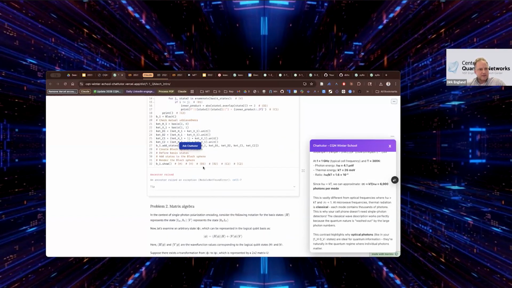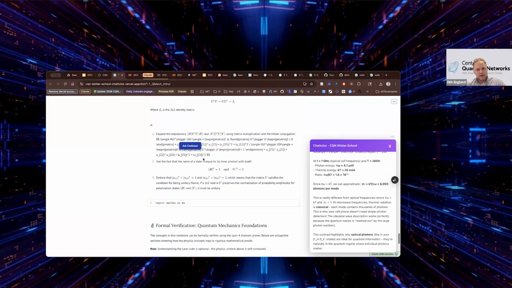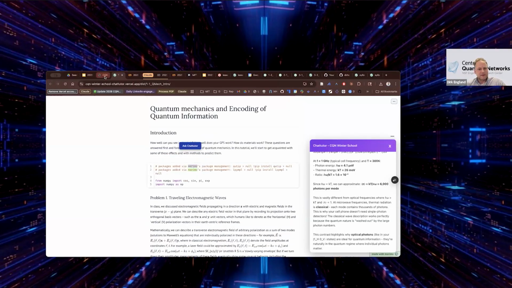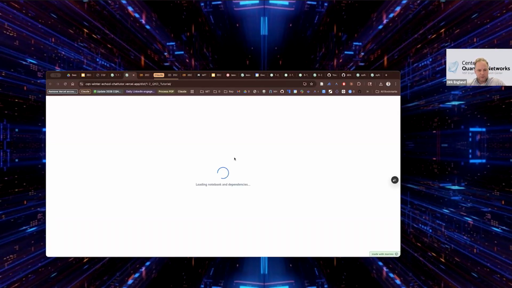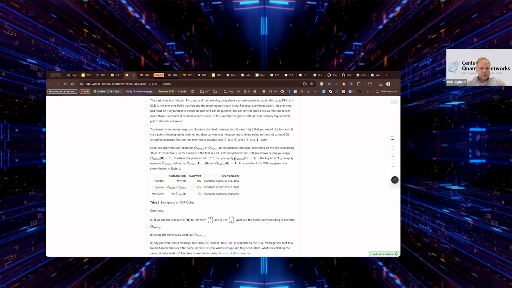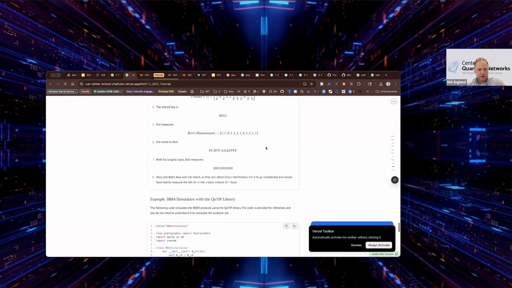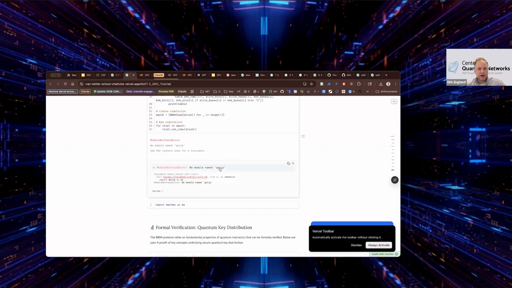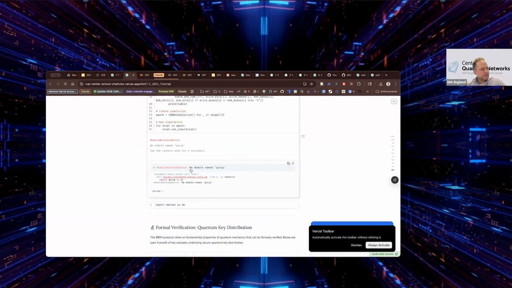Now, it turns out that there's a problem. I couldn't get this to work with everything that I wanted in this deployment, as nice as I think it is. And here you see the QPD tutorial. You can take a look at how the QPD tutorial turned out. The problem is that in the environment here on Vercel, I could not get Qutip to run. And there's a way to get around it, but it was turning out to be very tedious. So for that reason,